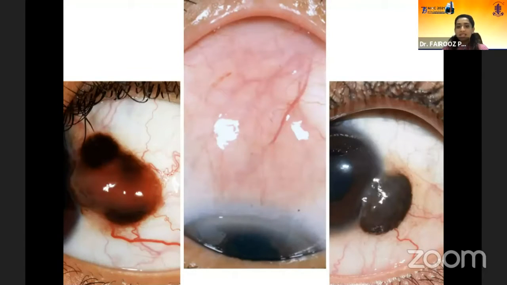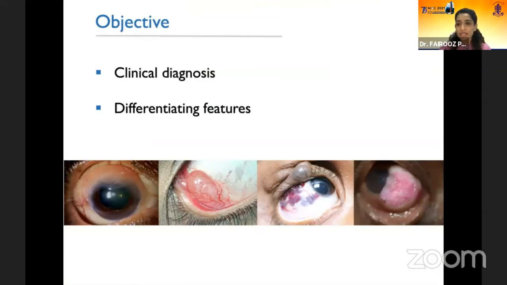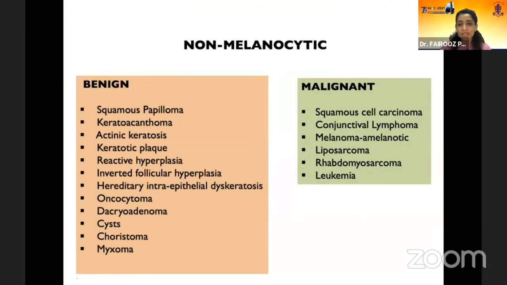So Dr. Vikas Menon has covered a series on the spectrum of pigmented lesions, what you see completely pigmented on your right side and partially pigmented on your left side. What we are going to discuss is the lesions such as the one in the center. When we talk about ocular surface lesions, we make a lot of diagnoses depending upon the colors, whether it's brown, white, yellow, or orange. There is a spectrum of tumors where you can actually diagnose accurately by looking at the colors.